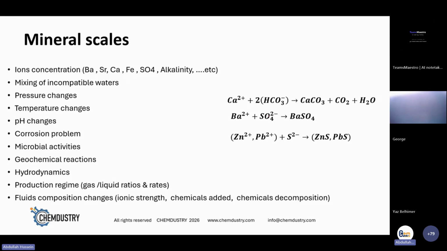The first thing is the ions concentration. If you look at these reaction mechanisms here that manage the way the scales are formed, they are all dependent on the ions concentration. The second thing is the